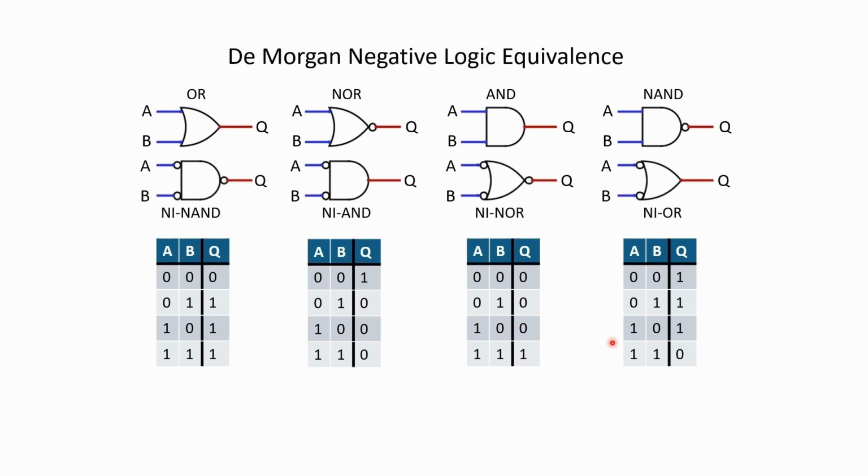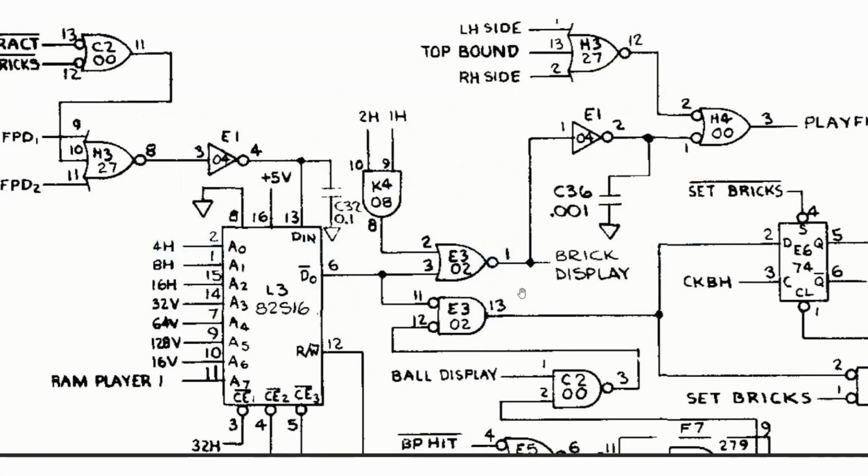Now for De Morgan notation, they're saying that this OR gate is the same thing as this negative AND gate. If you think about the logic, if A and B are low, then the output is low, so that makes perfect sense. And then for the negative input NOR gate, if either A or B is low, then the output will be low. And then the other gates follow the same pattern. So it is pretty easy to see that in this case, they want both of these inputs to be low in order for the output to turn on.